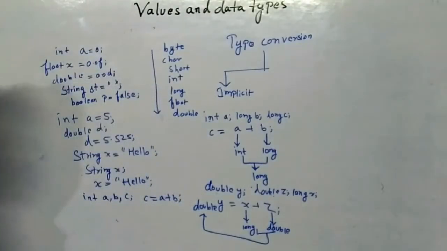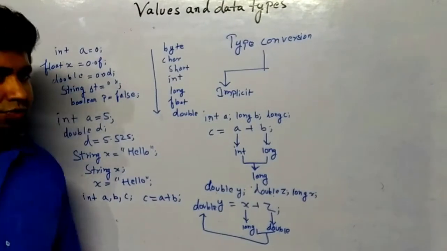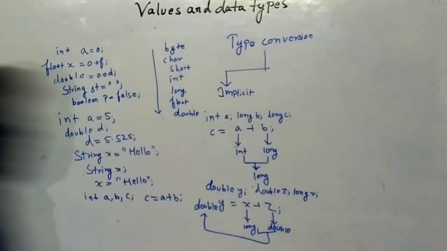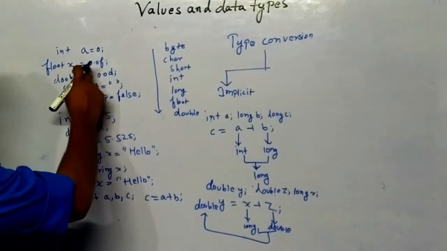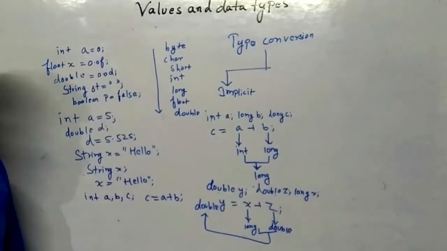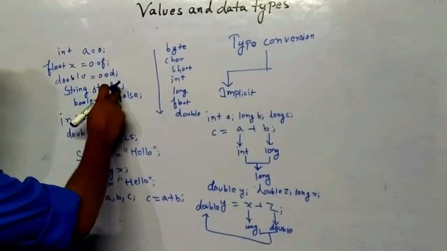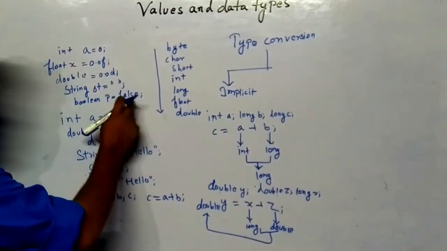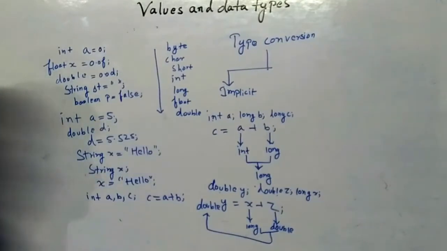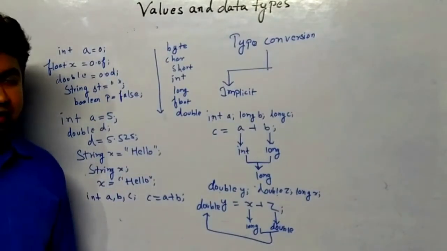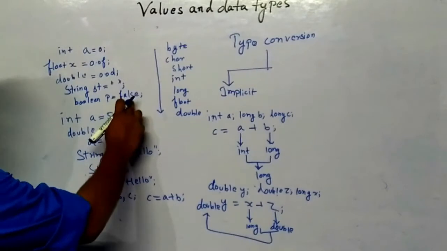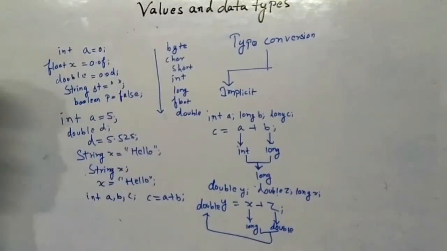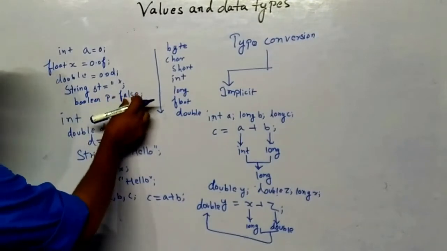Okay. Now I will be discussing the default values. What are the default values? You can see a value is 0. By default it is taking 0. Float is taking 0.0f by default. String is taking null as a default value. Boolean p is initialized by default as false. If you are not initializing, by default it will be taking false as a value. Or you can see this as an assignment also. This is also an assignment, that false.